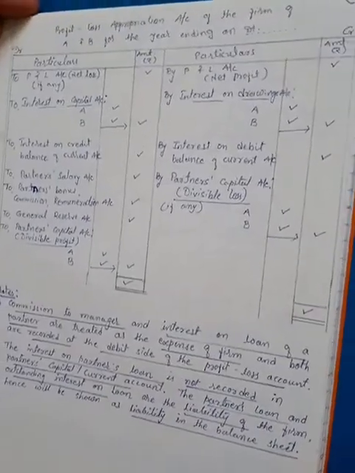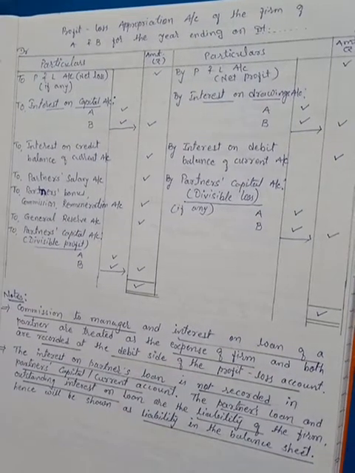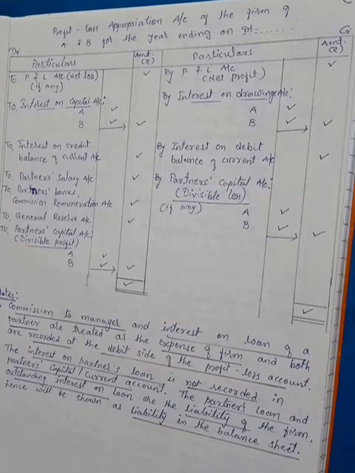On the back side, see, specimen of profit and loss appropriation account. This is the specimen. It is the same thing that I have shown you over there, but I showed you practically how we can prepare it. That is the same thing over here. So you can copy that one also, both are the same thing. Below that there are two notes available. That is what we will discuss, and that you have to keep in mind. These notes also you have to write.